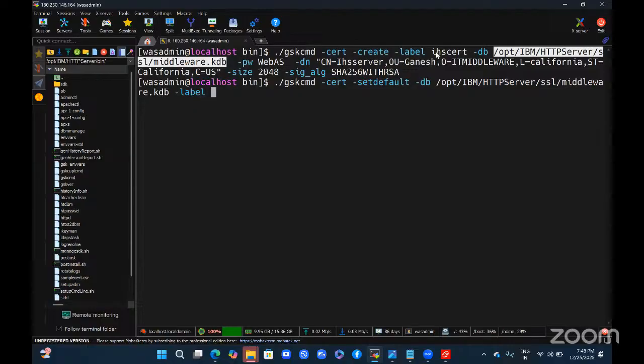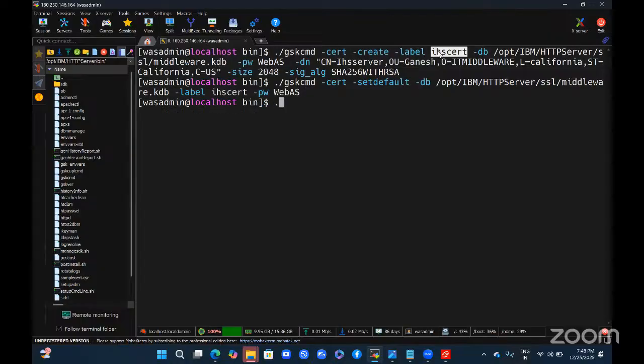What label are we giving? This is the label we are giving. Okay, -pw webas. It is marked as the default. ./gskcmd -cert -getdefault